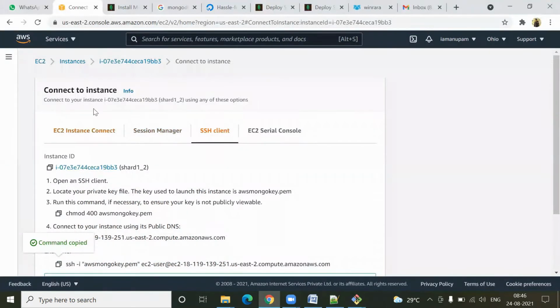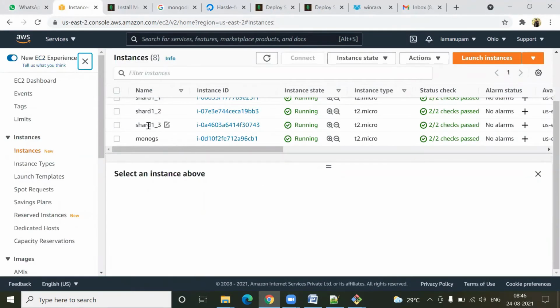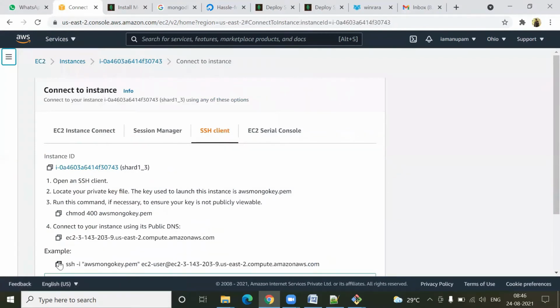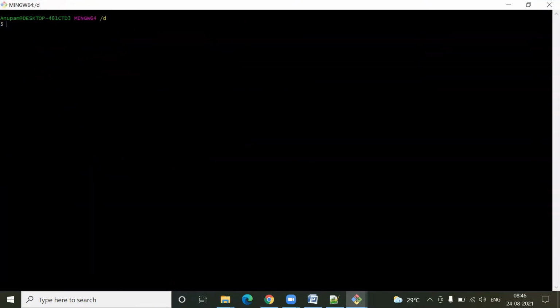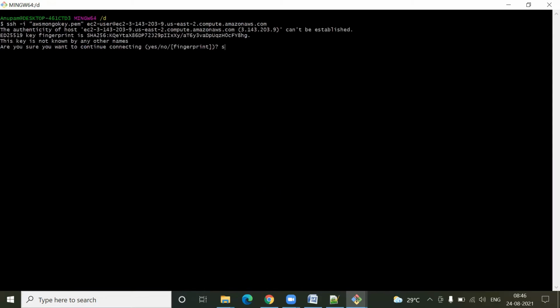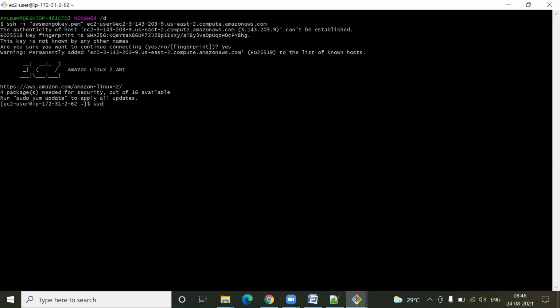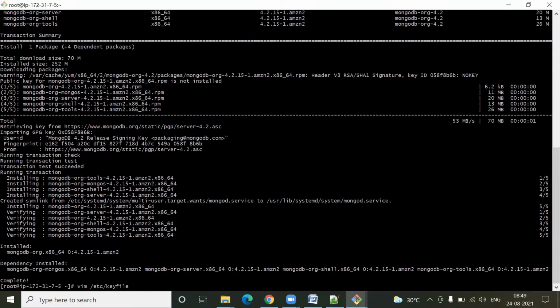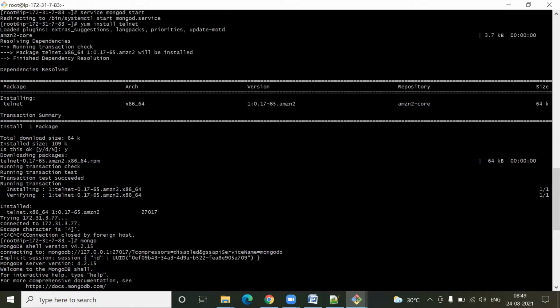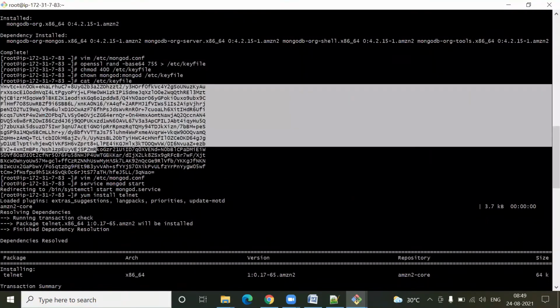In a similar way, like for config servers, I will also skip the installation part for MongoDB for the replica members of shard. Now I am coming after MongoDB installation to put the key files, give the permissions for key files, and now I will copy the key